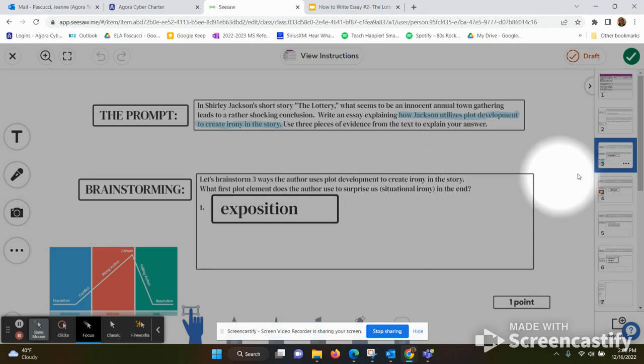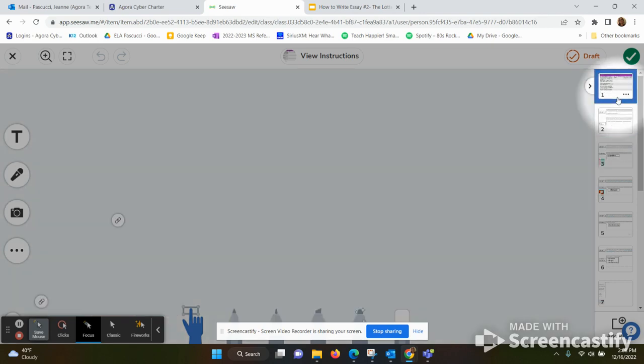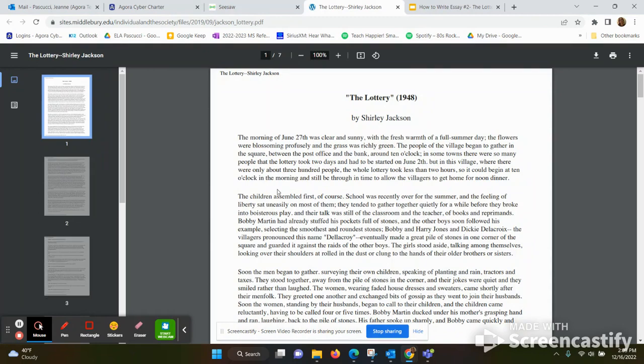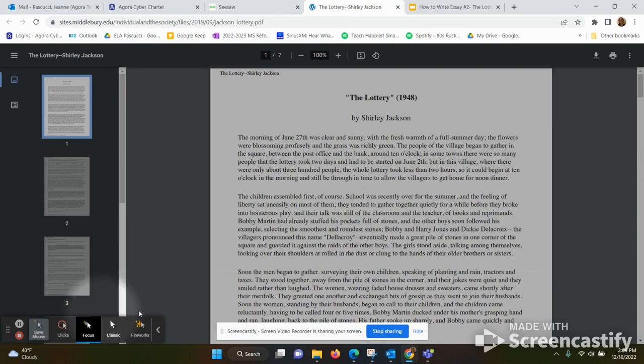creates irony. So we're going to go back to page 1 and access our copy of "The Lottery." In class, we did a lot of talking about how the author sets the scene. And in the beginning, the author sets the scene up as a really nice day. So if you were going to find some evidence about how the exposition creates an ironic ending,